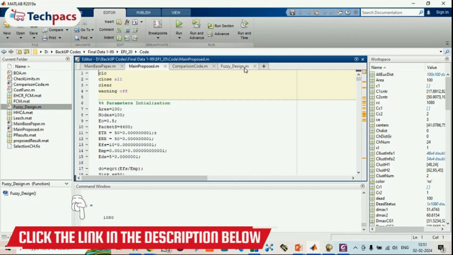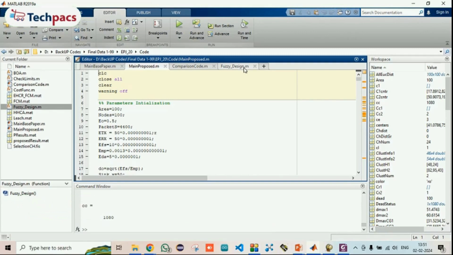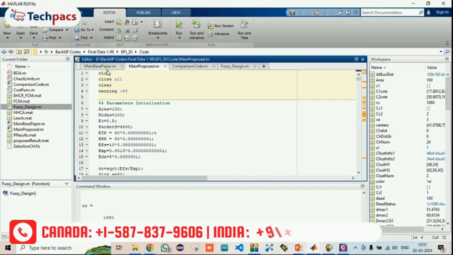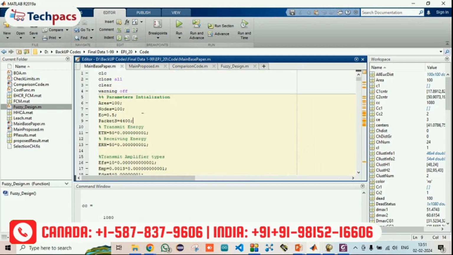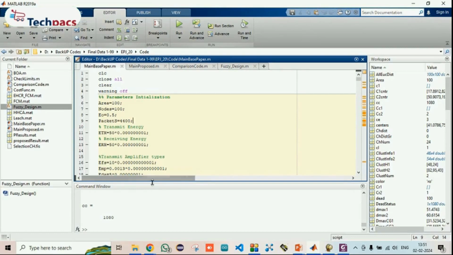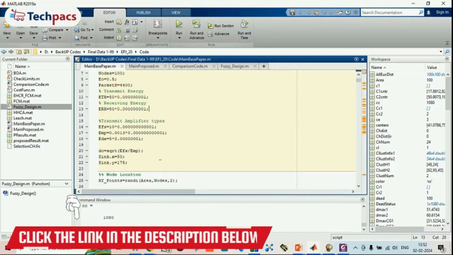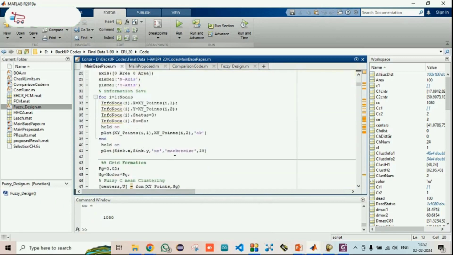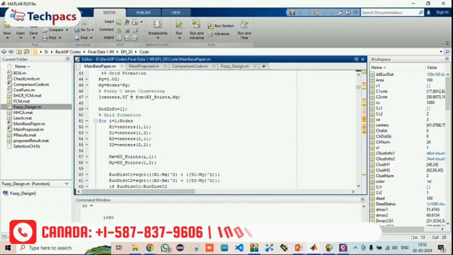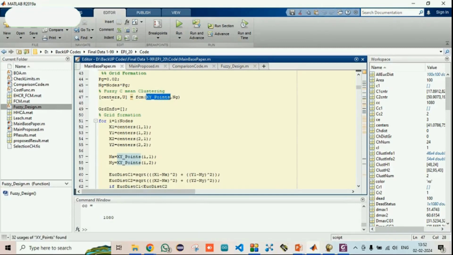So these are the improvements that we had made in the current system. So let's see how to execute, what is to be done and how it is done in the video. You can see in order to run the code, we have initially defined the configuration that was given in the base paper. Then FCM has been implemented on the nodes in order to get the centers